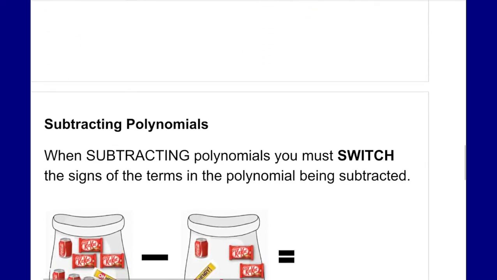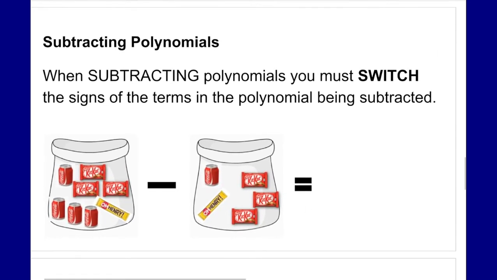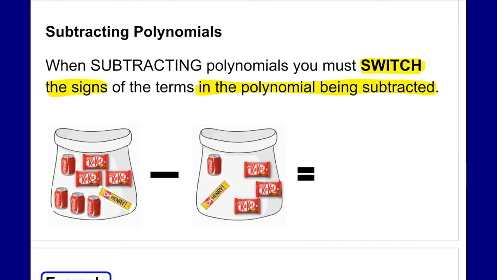Subtracting polynomials, on the other hand, here, when we subtract polynomials, we must switch the signs of the terms in the polynomial being subtracted, which will technically be the second polynomial. So we have to switch the signs. So what do we mean by that? Why do we have to switch signs? What are we talking about here? Well, let's go back to our